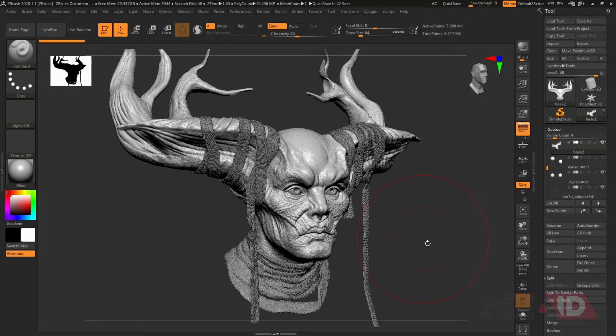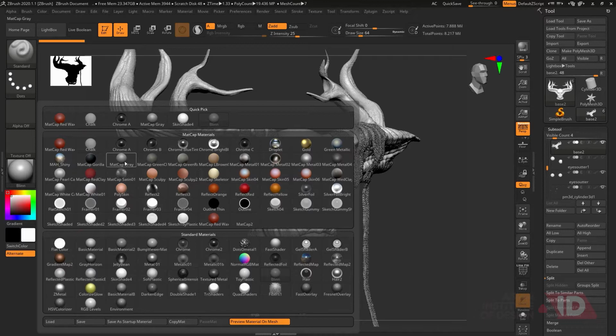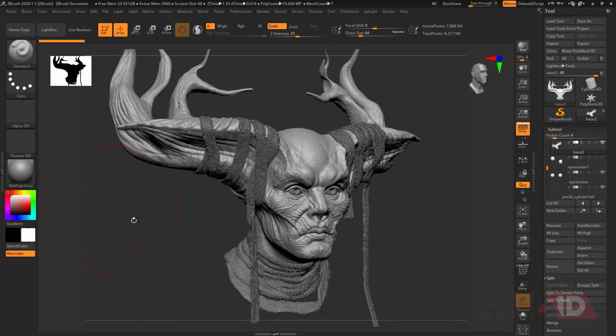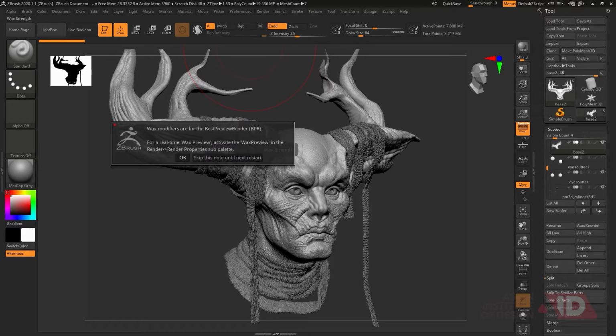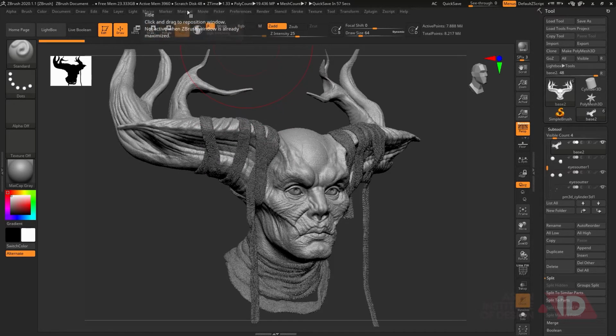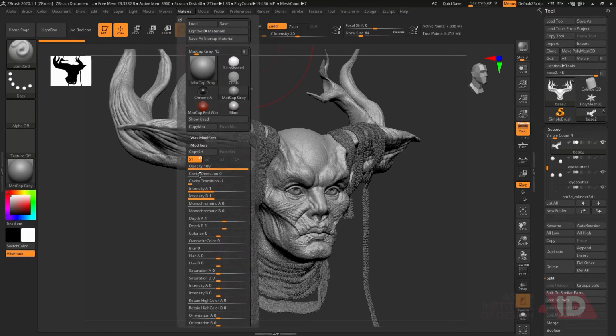Before that, if I want, I can modify my material as well. Suppose I want a gray matte cap, I apply this, and I can go to Material. You can see I have all these modifiers, and I can change all of them.